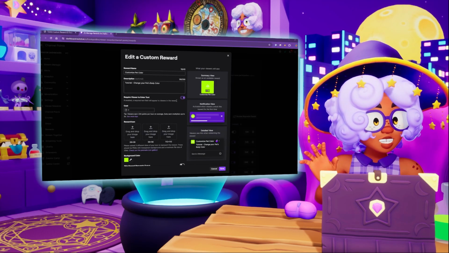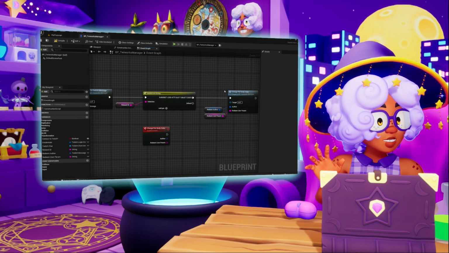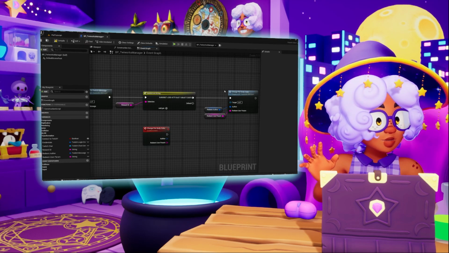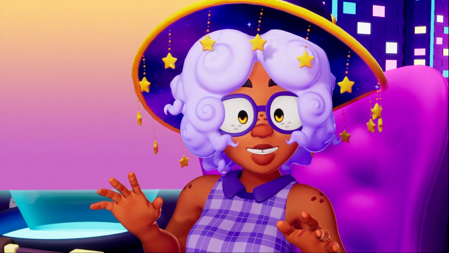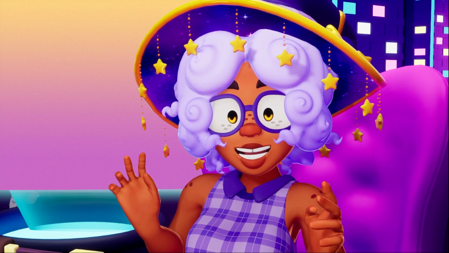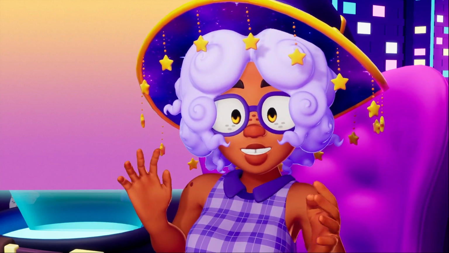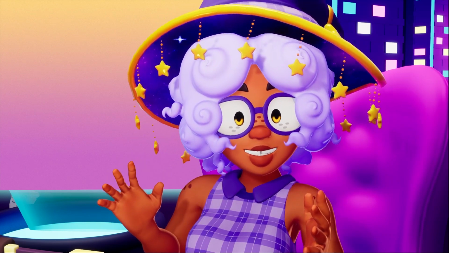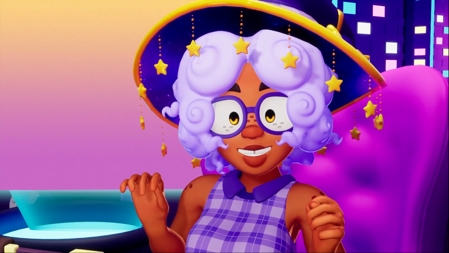Then make your redeem in Twitch and add that ID to the switch on string node and call it from there. There's a lot of really cool interactive experiences that game developers, streamers like me are creating, and I hope that this tutorial helps you come up with your own ways to make even more cool and innovative stuff to contribute to this weird little phenomenon that's been building.